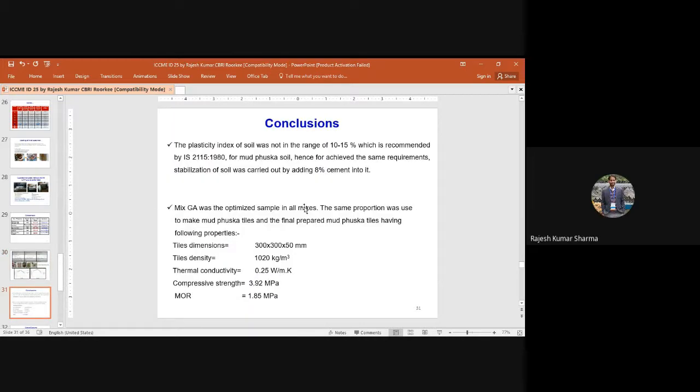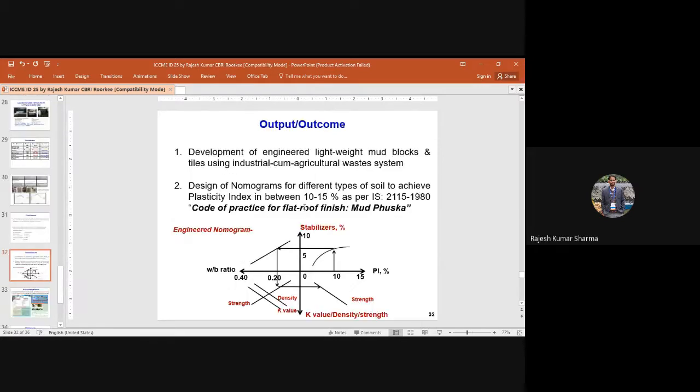So in conclusion, as per IS 2115, the PI range for soil is 10 to 15%. So we have to add the OPC or lime. In this case, we have used OPC up to 8% to stabilize the soil. Mix GA was the final optimized mix, with the properties as given in this point. The output was the